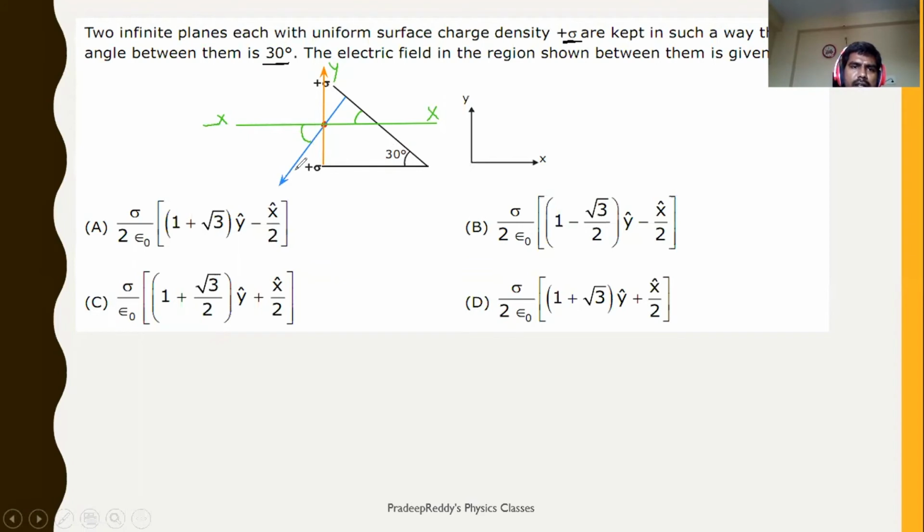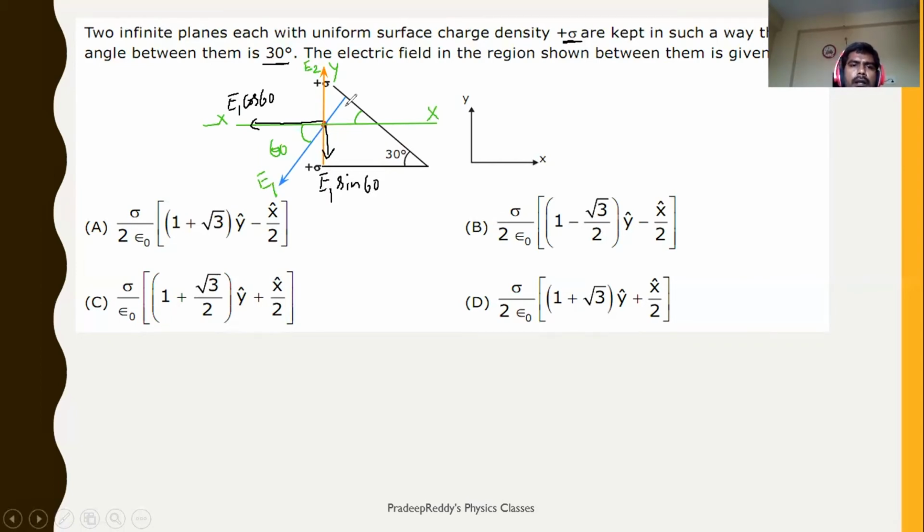because this is one vector, E1, and this is E2. E2 is vertically upward. We do not have any problem with that because it is along the y-axis. E1 is in the plane. It is neither along the x-axis nor the y-axis. Now this angle would be 60 degrees. Obviously, you can check it from the figure clearly. So E1, I will resolve it into components. It is E1 cos 60 and this is E1 sin 60.